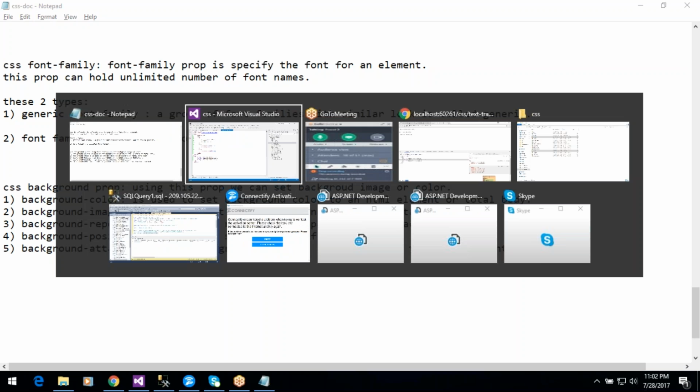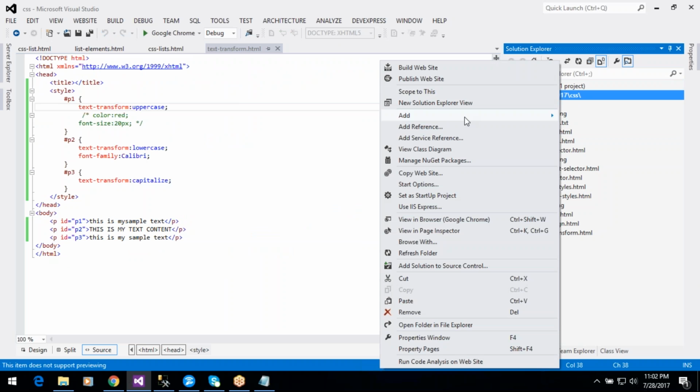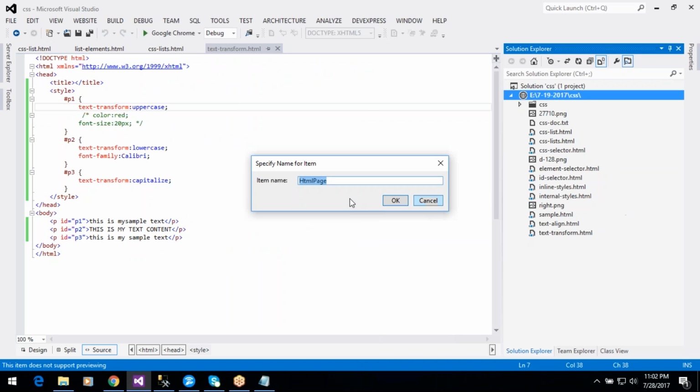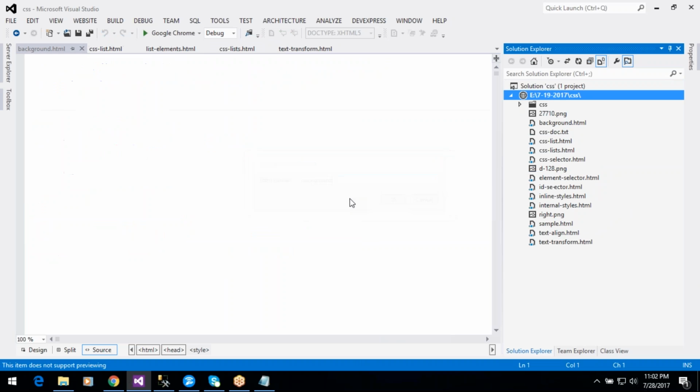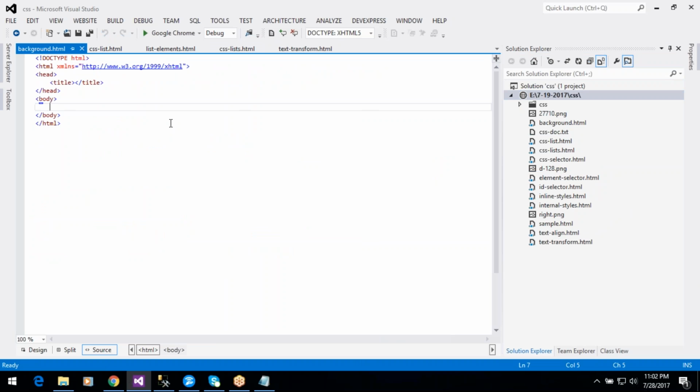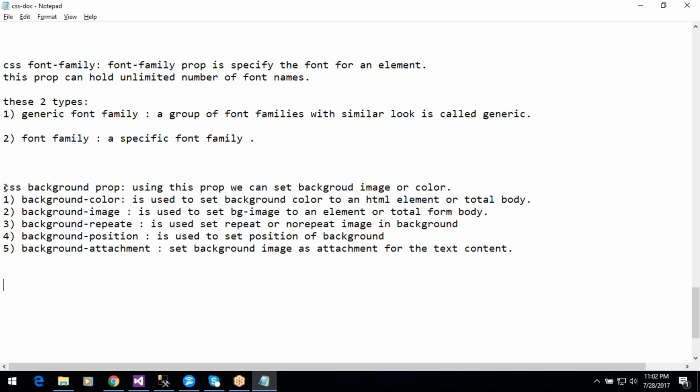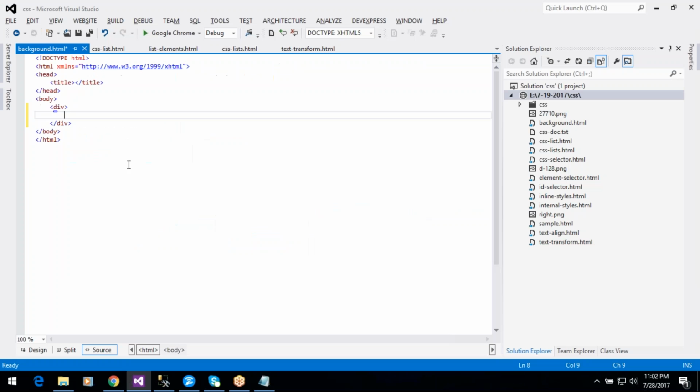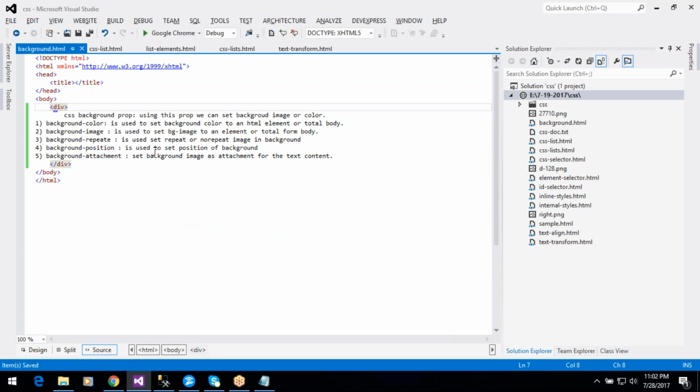Okay, so these are the CSS properties. So create an HTML form. Suppose create one div tag here and copy this content. So this content is displayed in the div tag, and I want to apply background color for this div tag. Okay, here I'm using class selector,